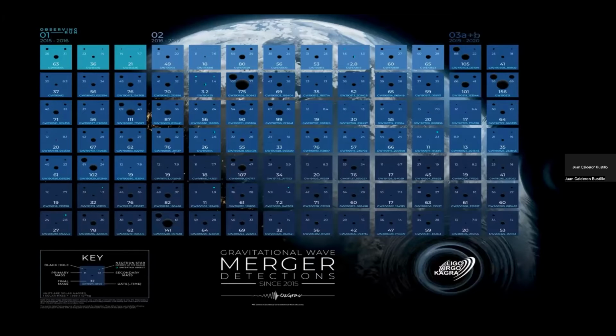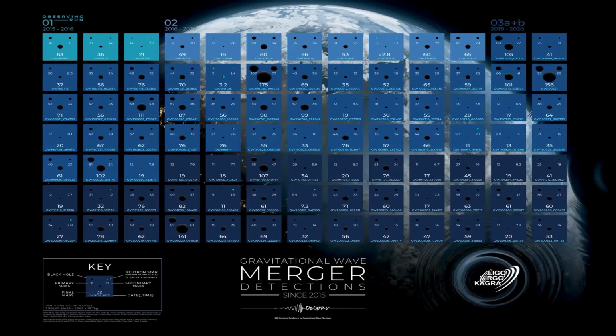So this is a kind of summary of the first 50 observations we have. The whole message I want to give here is that these basically come in 3 flavors. We have things that are consistent with a merger of black holes. We basically know that these are black holes because of the masses. We have those that are consistent with binary neutron stars. And again, we can know these are binary neutron stars only if we observe an electromagnetic counterpart. Otherwise, we kind of need to guess it because of the masses. And then we have a couple of events that are consistent with mixed mergers of black hole and neutron star.